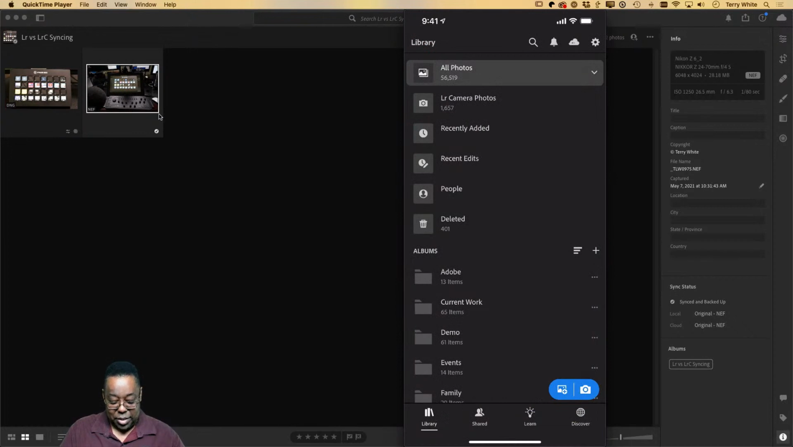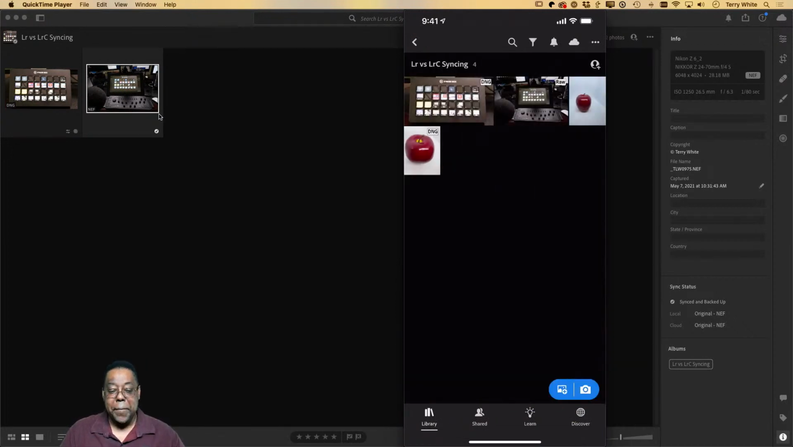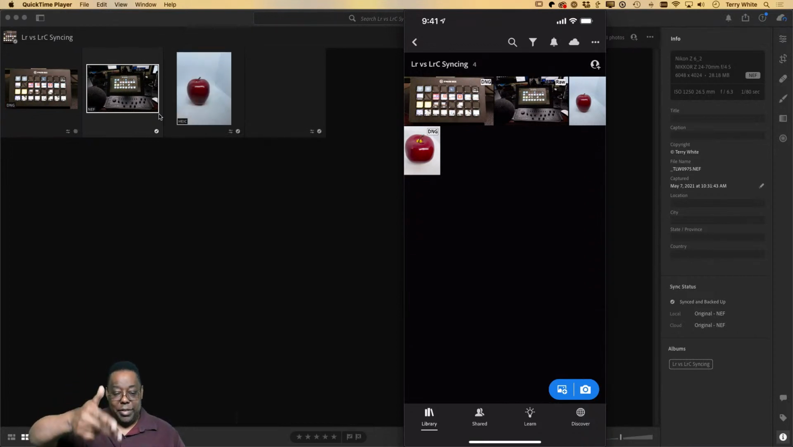So if I go back, I go to demo, I go to Photography Masterclass, and I go to that album, there they are. So not only will it sync them whenever it finishes syncing, but they should appear on my desktop once that syncing happens in both directions. So syncing the full resolution up to the cloud, and then here they come down now on the desktop into